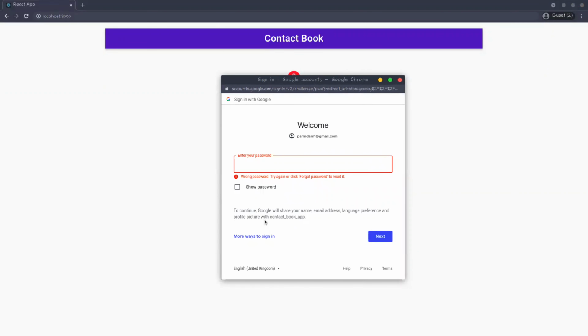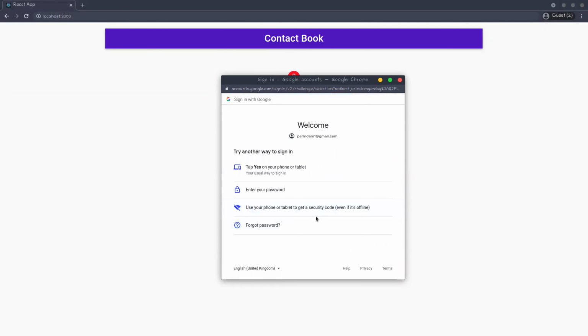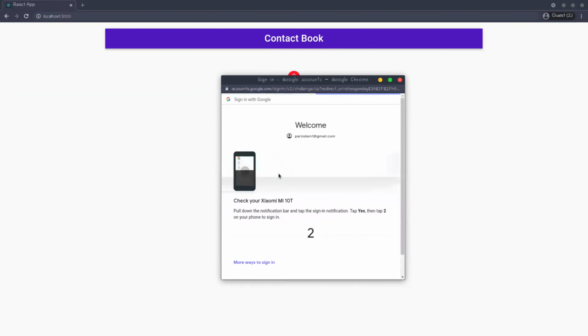Why is the password not signing? That notification is not coming.